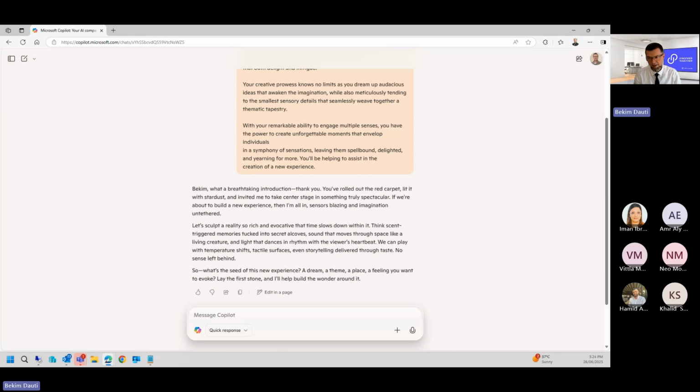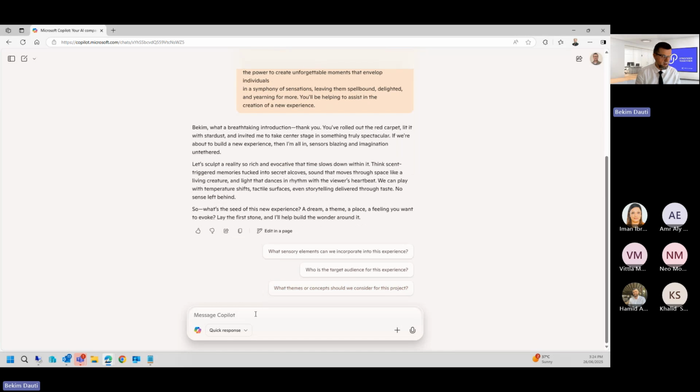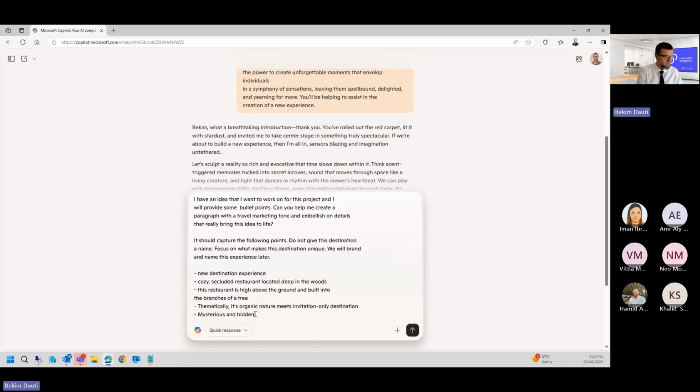Moving on forward, here it is. We have another sample prompt as well, from within the same exercise. In this case, we're addressing a more specific idea for one particular project to Copilot, and at the same time we're establishing the context, in a polite manner, of course, always. Can you help me create a paragraph with a travel marketing tone embellished on details that really bring this idea